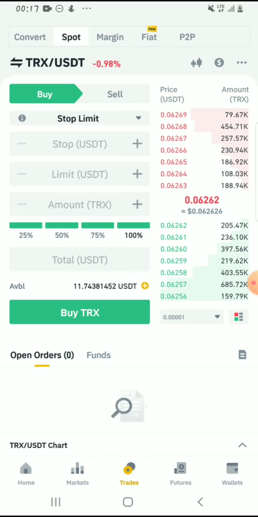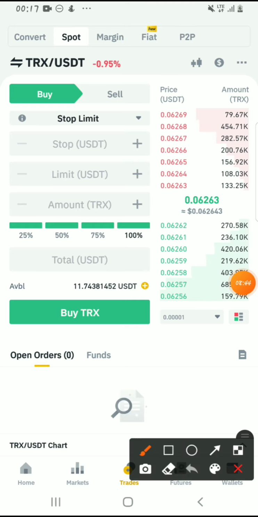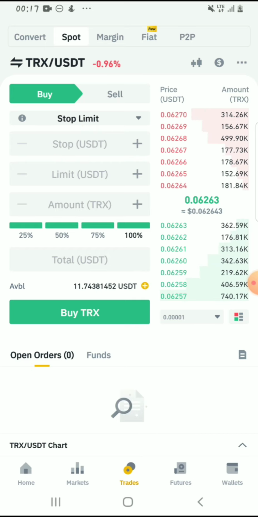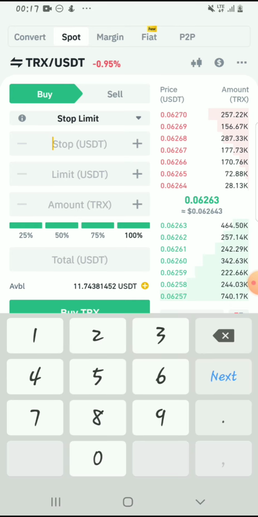First of all, this top USDT you are seeing here is the if statement. So this top USDT serves as the if statement. What does it actually mean? If the price of TRX drops to